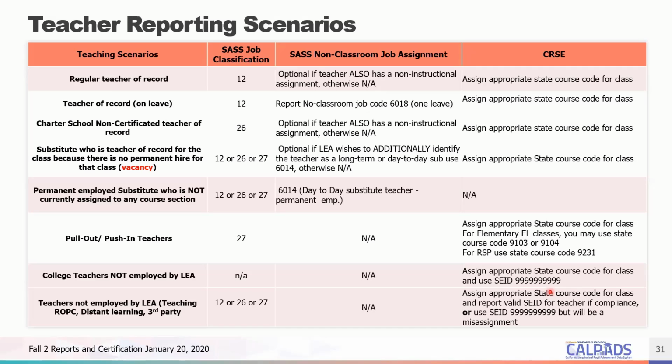Okay. So now you can say, okay, if we have a seed, then can we report them within SDM? Yeah, you could do that, you could report the staff member seed. However, if you report a valid seed, you are required to report a staff demographic record and staff assignment for them. If you use 999 in SDM or SAS, will CalPADS ignore that staff member and pull it? No, it will reject the record that you're submitting to CalPADS. SEED 999 is not a valid seed. It will trigger an error upon upload to CalPADS.